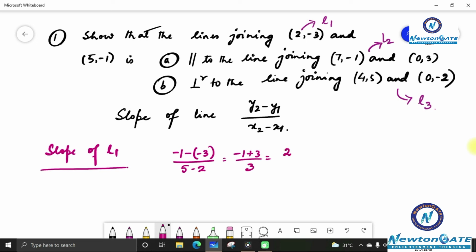So this is giving me 2 by 3 as the slope of the line. Now next thing, let's find the slope of L2, that is the line number 2. So here again 3 minus 1 and